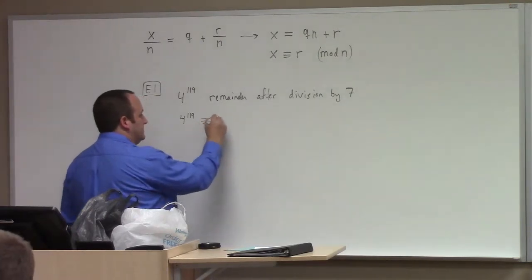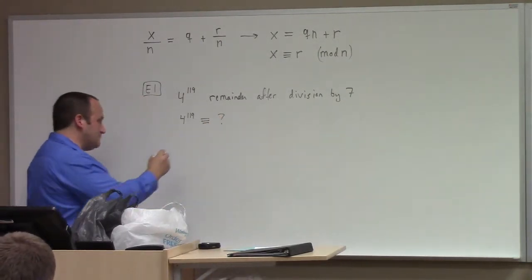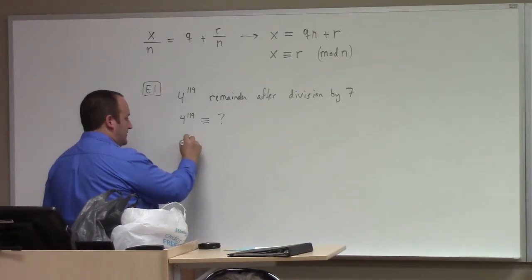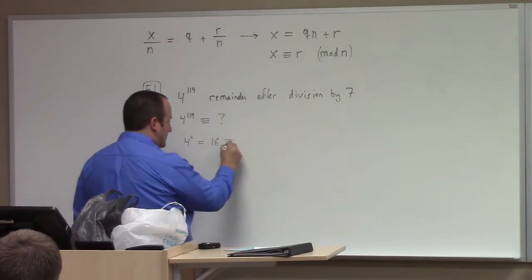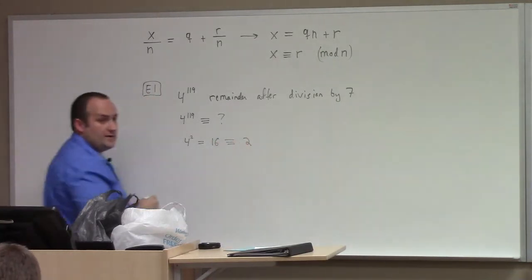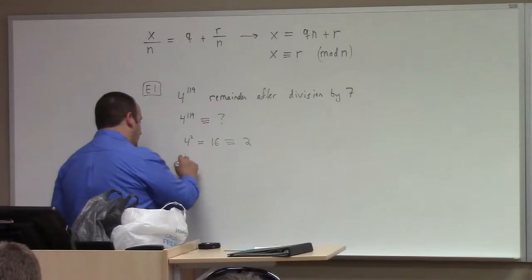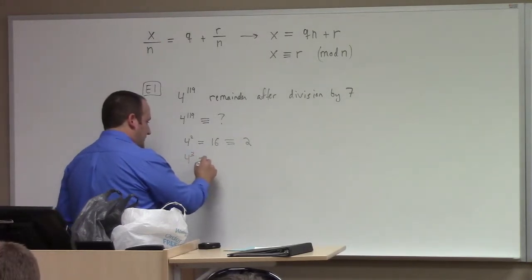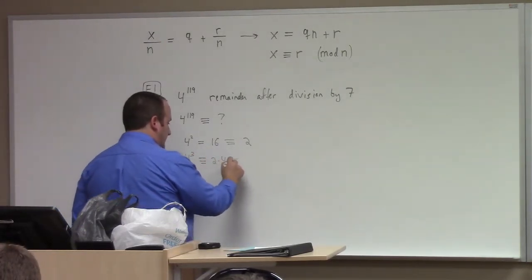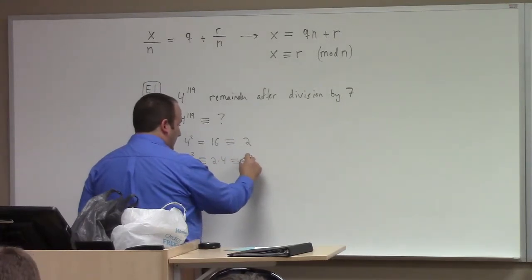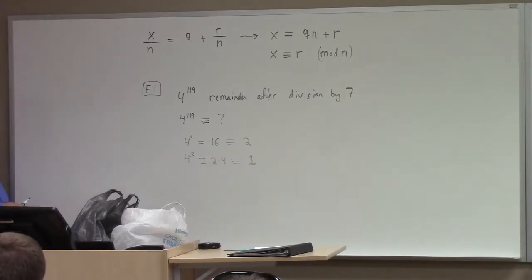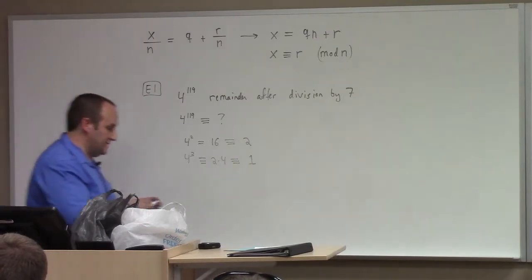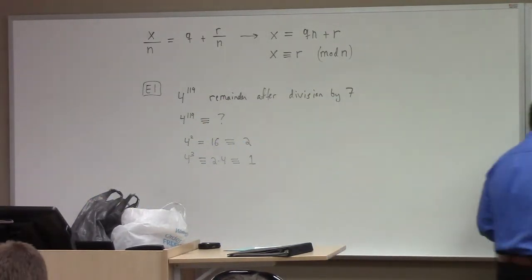So the game we play is to just look at powers of 4 to start with. So 4 squared is 16, right? And 16 is congruent to 2, right? But then 4 cubed is congruent to 2 times 4, which is congruent to 1. So 4 to the third mod 7 is just 1, right? So we can kind of get rid of those. But how do you get rid of those? Well,